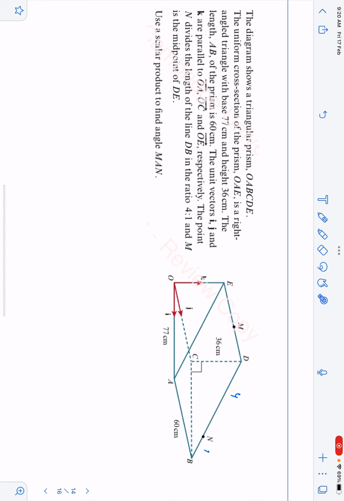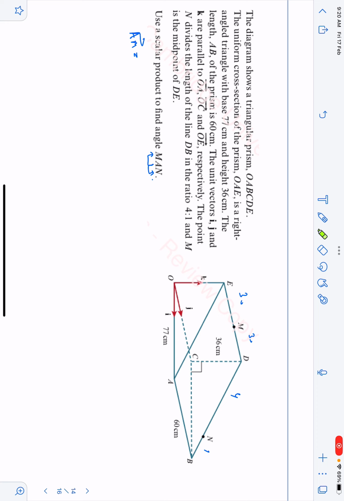So M is dividing the whole of this, that which was 60, into 30 and 30. Half of it. Okay, scalar product to find angle MAN. First of all, you have to find the vector AM, and then you have to find AN. If I find AM first,